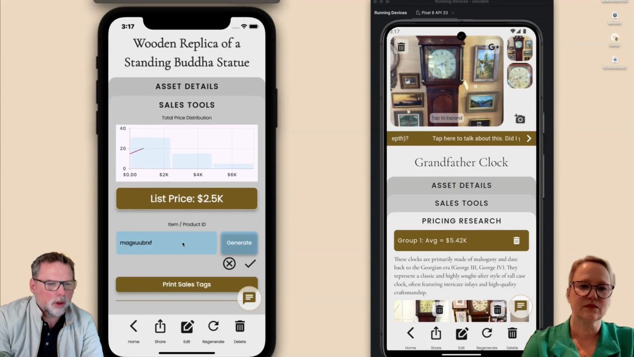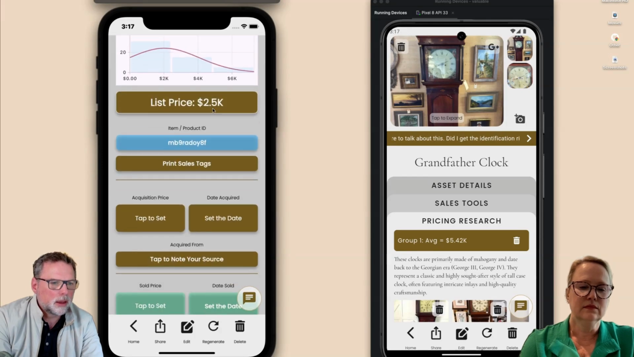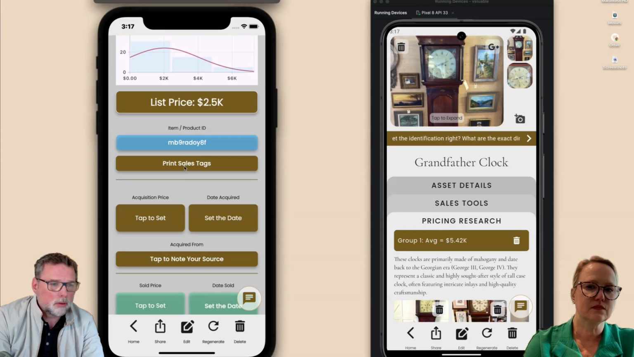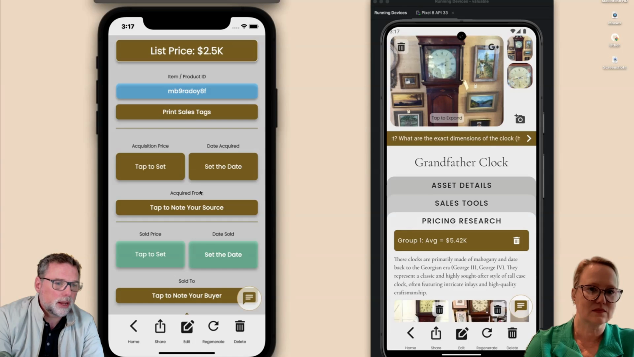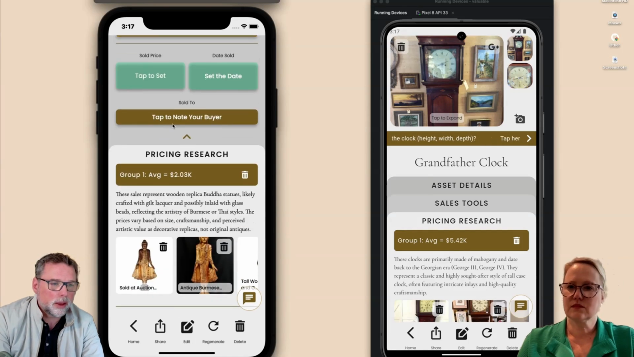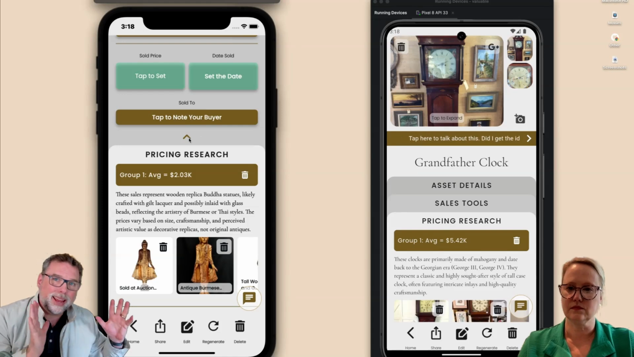And I want to add a barcode to it. Boom. I've got a barcode. I've got a product ID. I can generate it, or I can type in my own. And you can print sales tags. You can also add acquisition price, date sold, all of that, notes on the buyer, notes on the sale. All that can go in. And as we integrate with POS systems and other ways of doing the actual sale, that all goes in. And so you have a complete end-to-end